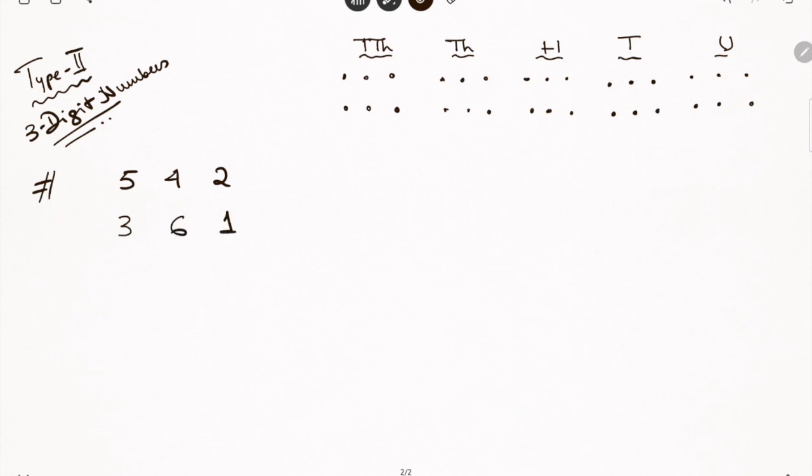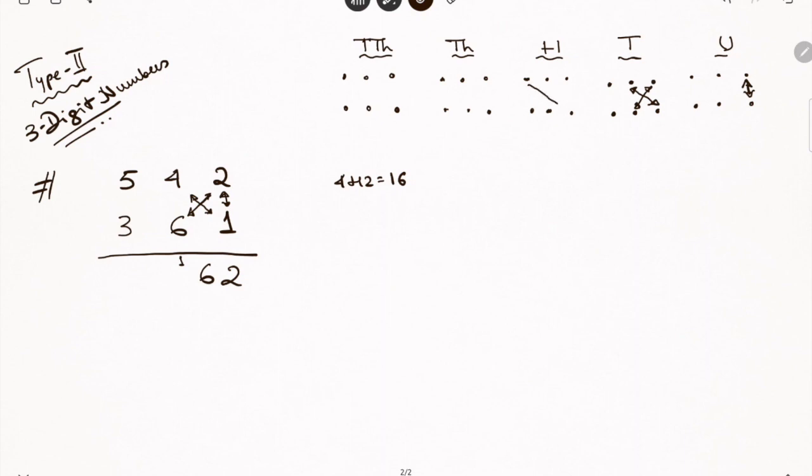361. So in order to get the unit place digit of the product, we carry out vertical multiplication. So 2 into 1 will give us 2. To get the tens place digit in the product, we carry out cross multiplication between the tens place and the ones place of the question and add them up. So it is 4 plus 12, that is 16. We write 6 and carry 1.